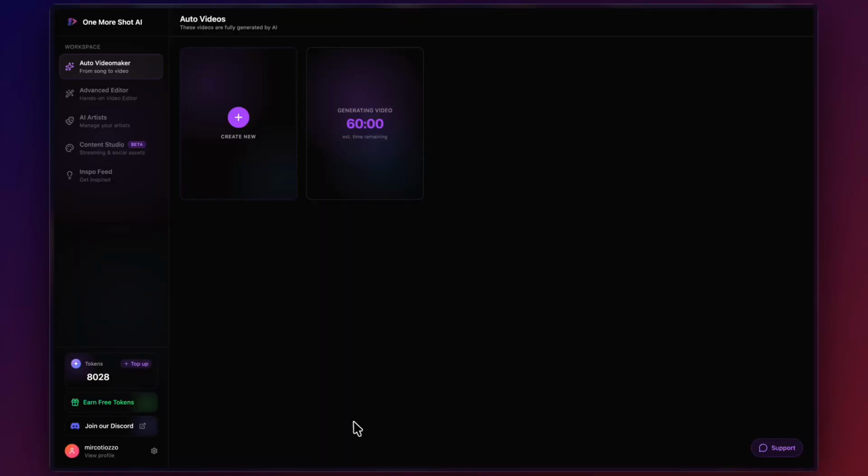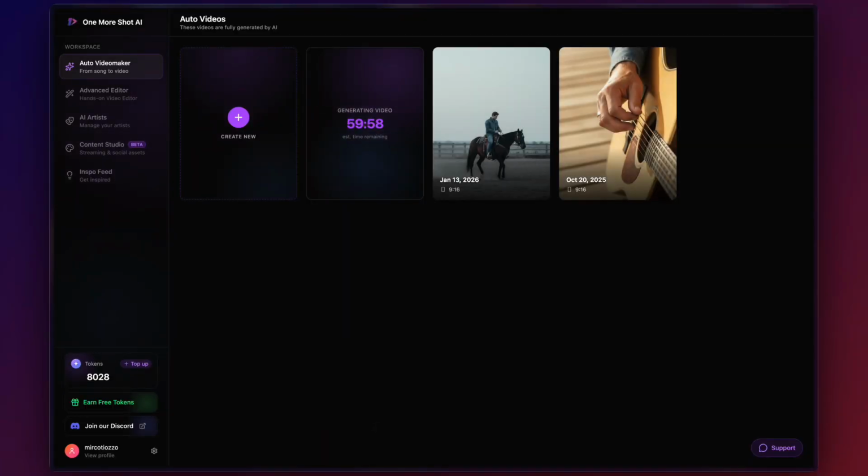From here, our AI will start creating the video. Keep in mind that even if AI is super fast, this process can take up to an hour. The video will land in your dashboard when it's ready. So in the meantime, let's look at what happens when you actually want to direct the thing yourself. Let's have a look at